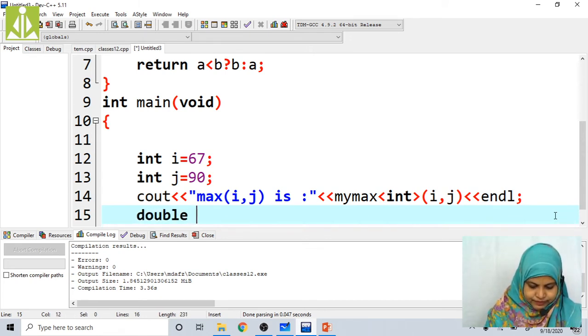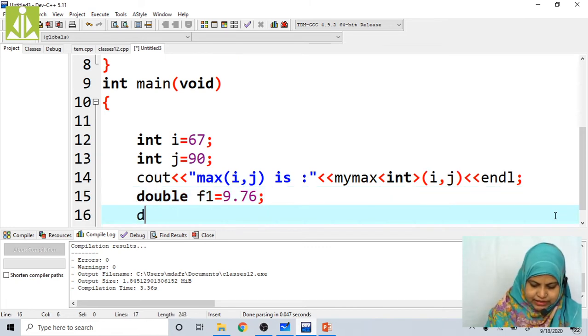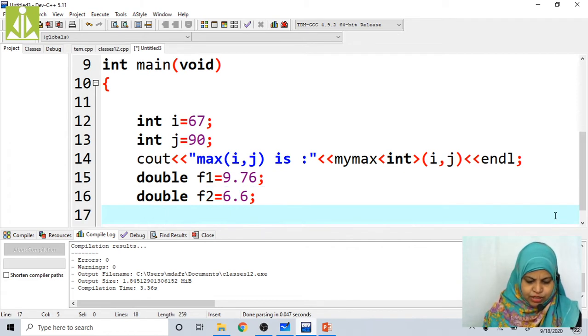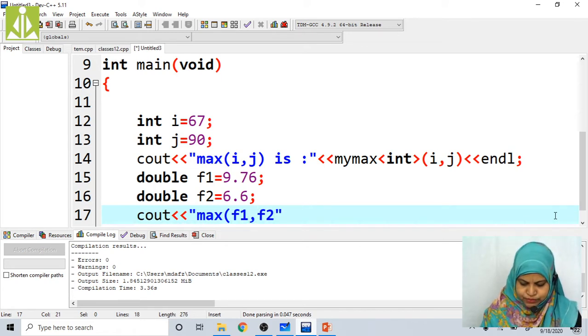Next, here I am going to pass the double value. Double f1 equals 9.67. Right. Next, double f2, I am declaring two values, 6.7, 6.6. Now I am going to write the value, finding the maximum of these two values. Cout max of f1 comma f2 is colon, right?